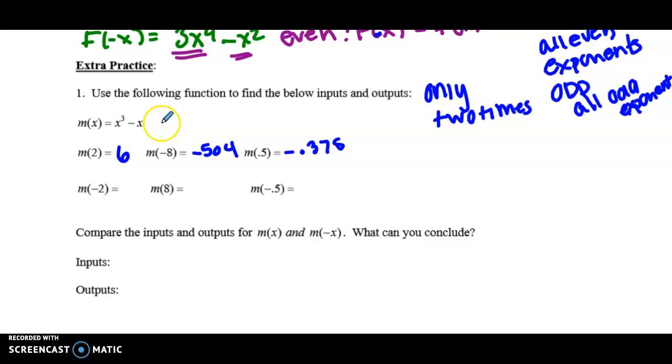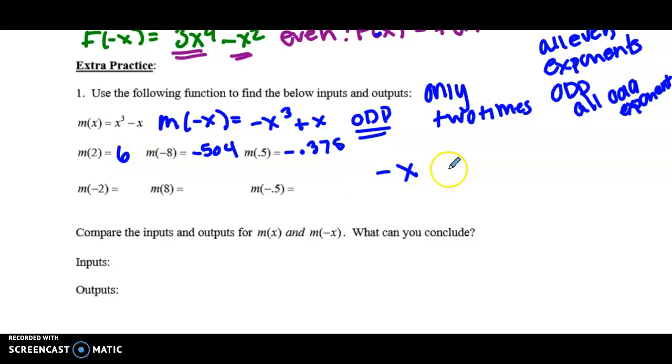Well, number 1, hopefully what you noticed here is that this is actually an odd function. When I plug in -x, I end up getting -x to the 3rd minus a -x, which becomes positive. So this function is going to be odd. That means whatever value of x I plug in, I get the opposite back out. So negative x gives you negative f of x. So if this was 2 and this was negative 2, this would be negative 6. This is negative 504, positive 504, negative 0.375, positive